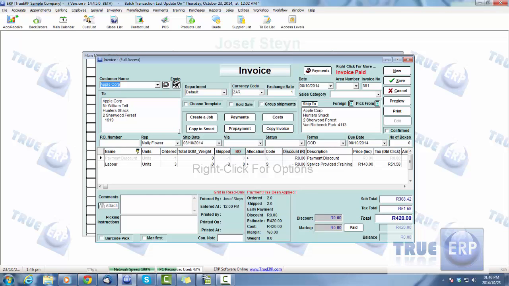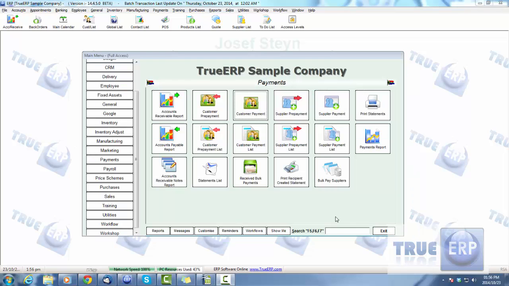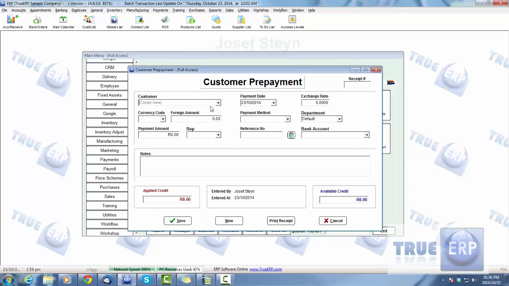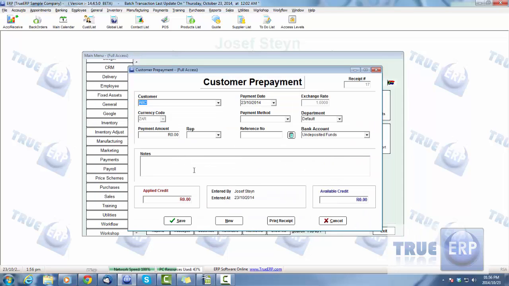Double click, pop back into that. We can then see that a payment discount has been made for that product. What we can also do is we can apply customer prepayments. So if you've got a customer that's paying early, let's say ABC company, and they have a prepayment of $1,000,